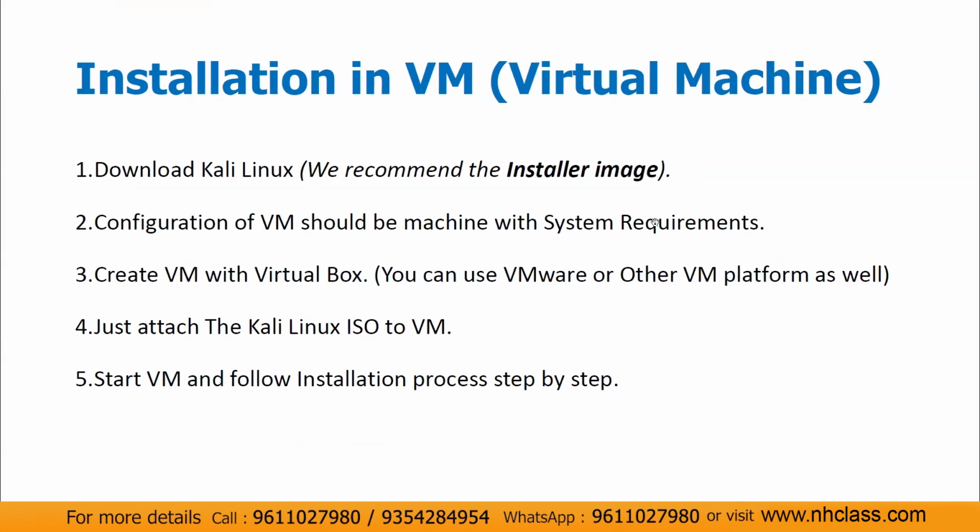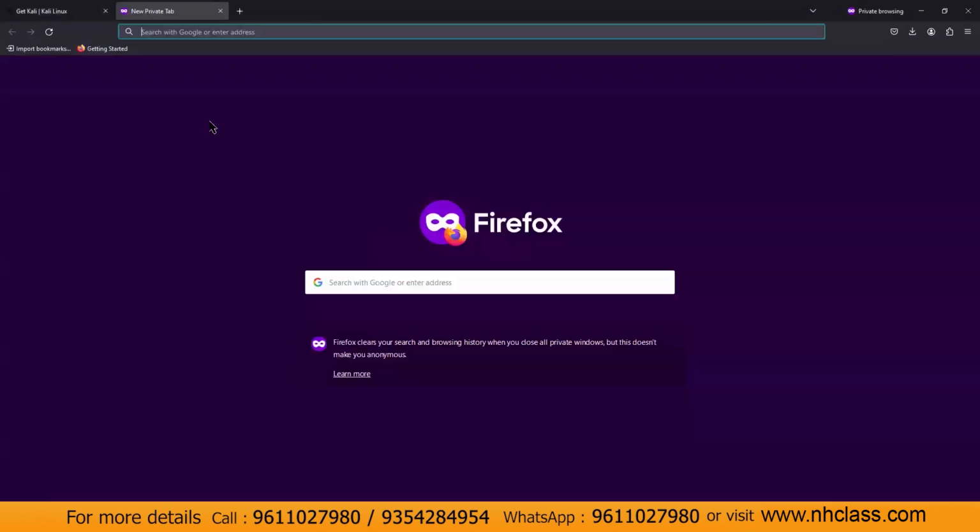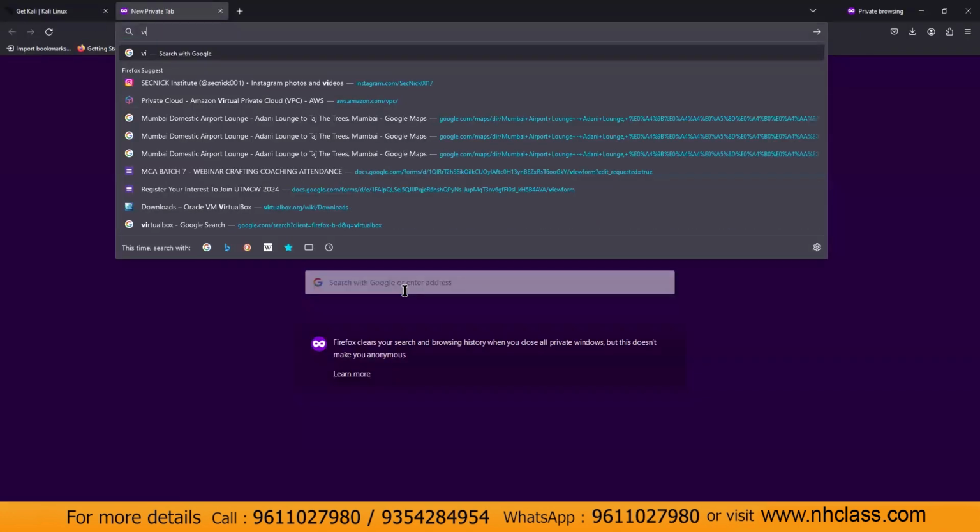So for creating a virtual machine, we require some virtualization software, like VirtualBox here, as I already mentioned, or you can go with VMware or another VM platform, whatever you like. But being a cyber guy, I would suggest using VirtualBox. So let's go to the browser again, and if I open a new tab and search for VirtualBox,